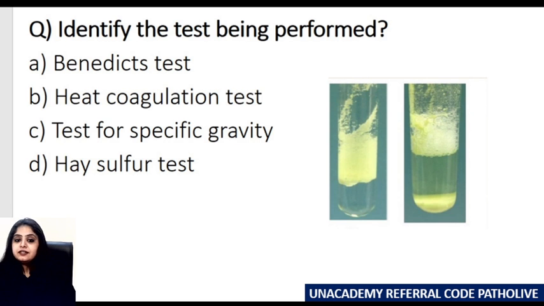which is a test that is being performed over here. So there are two test tubes that are mentioned over here, and you need to let me know what it is. So I hope you guys know this is the Hay's sulfur test. And what is the utility of it? So this is basically a urine examination that is being performed, and whenever I want to test for bile salts,